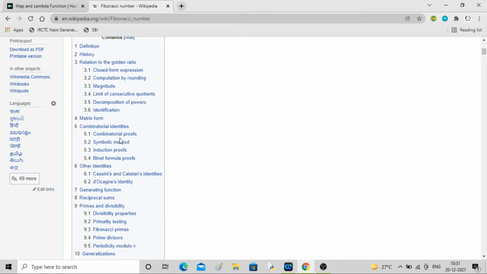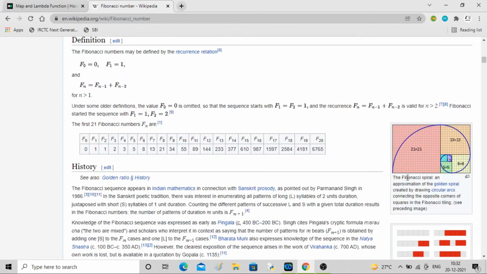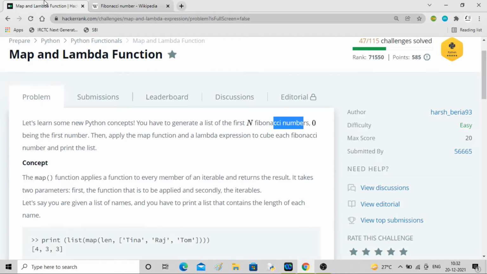So if you plug in these values, you will get a series like this. So this is your F0 and this is your F1, and then it goes on. So it's like adding these two numbers, you will get this, then adding these two numbers, you will get this, then adding these two numbers, you will get this. So likewise it goes on, right? And you will get a structure like this. So we don't go into the details, you can see and learn about this.